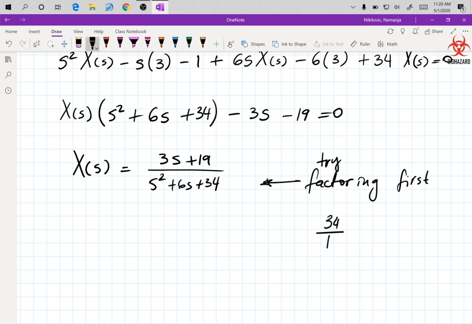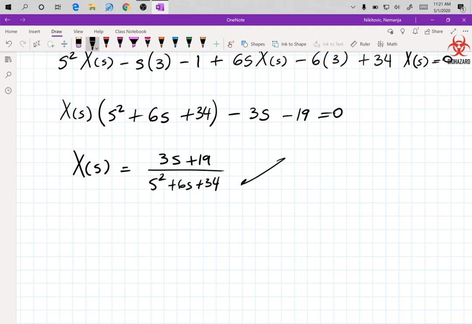I give up. So I have 1 and 34, 2 and 17, 3, 4, 5, 6, 7, 8, 9, 10, 11. Yeah, these are it. And we can't make 6. So we can't make 6, can't factor. So in this case, cannot factor. Always put a little sad face there. So we use completing the